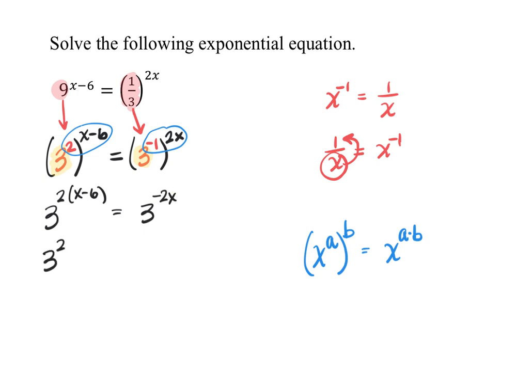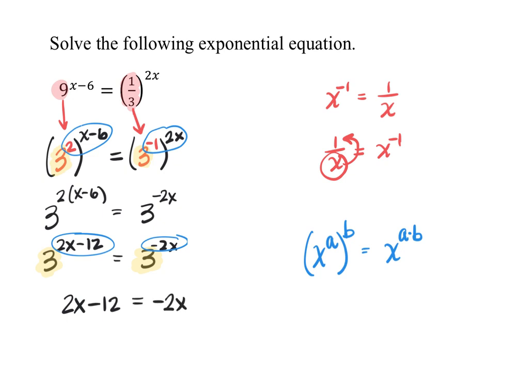And you could distribute. I know some of you probably already did that in the previous step, which is great. And now we have common bases. The base on the left and the base on the right are equal. And this is called using the uniqueness property, also sometimes called the equivalence property, that basically says if the bases are the same, then the exponents must be equal. Oops, I caught myself. I copied a negative there that I didn't need. Let me fix that. So on the left, we have 2x minus 12 is equal to -2x,